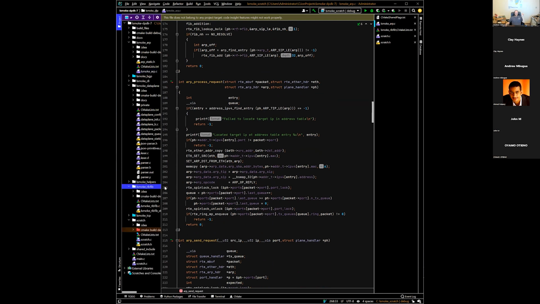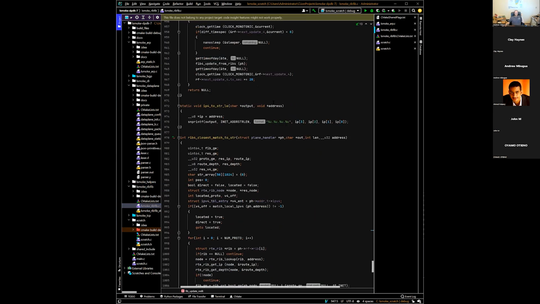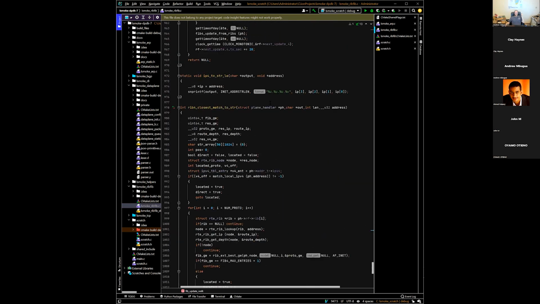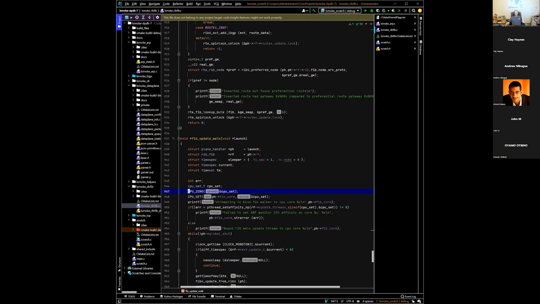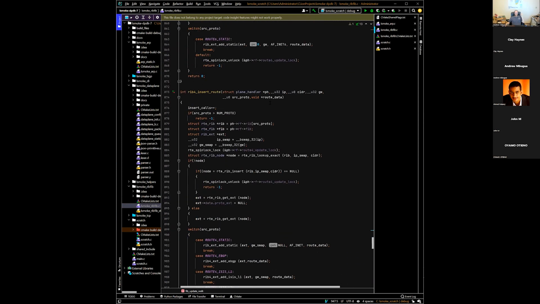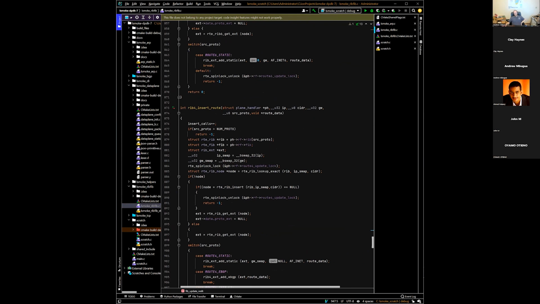Better code for this. So if you look at this piece of code over here,